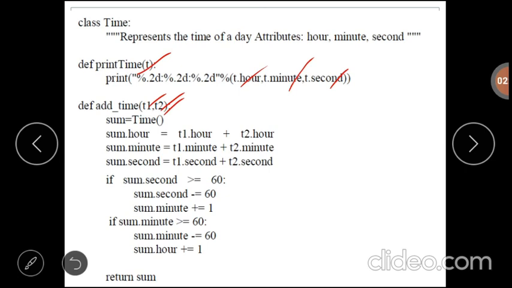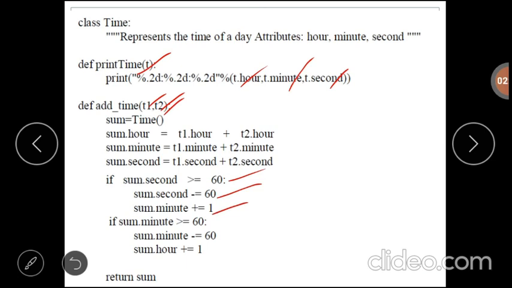So we need to check whether the number of seconds exceeds 60 or whether the number of minutes exceeds 60. If that is the case, in code we have to take proper action. For example, suppose seconds is greater than or equal to 60. What do you have to do? We have to make the seconds equal to 0 by subtracting 60, and we have to increment the minute by 1.